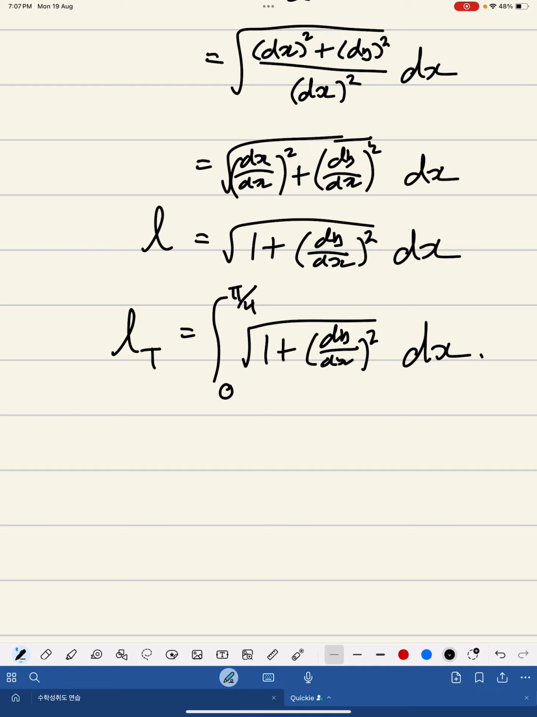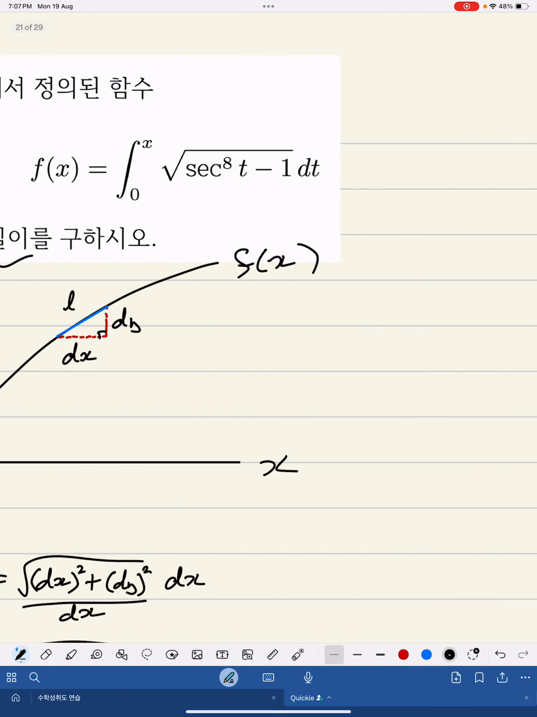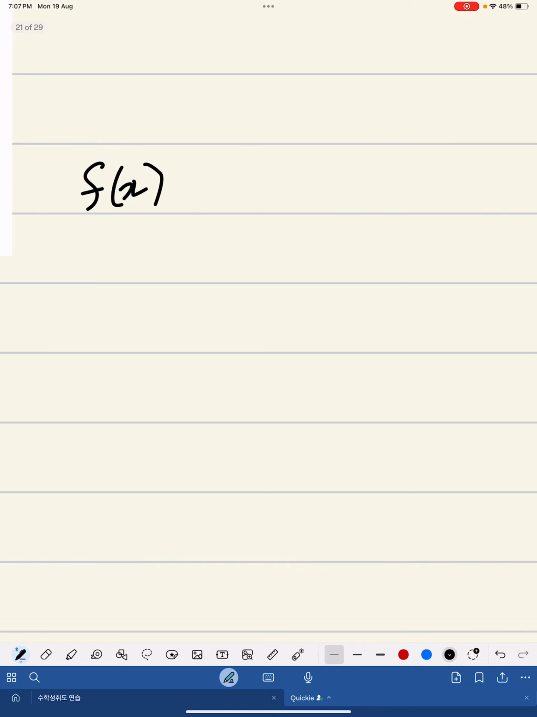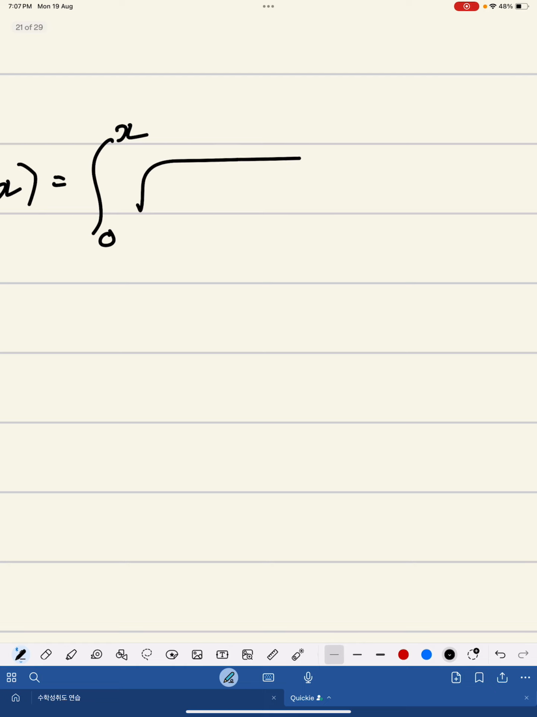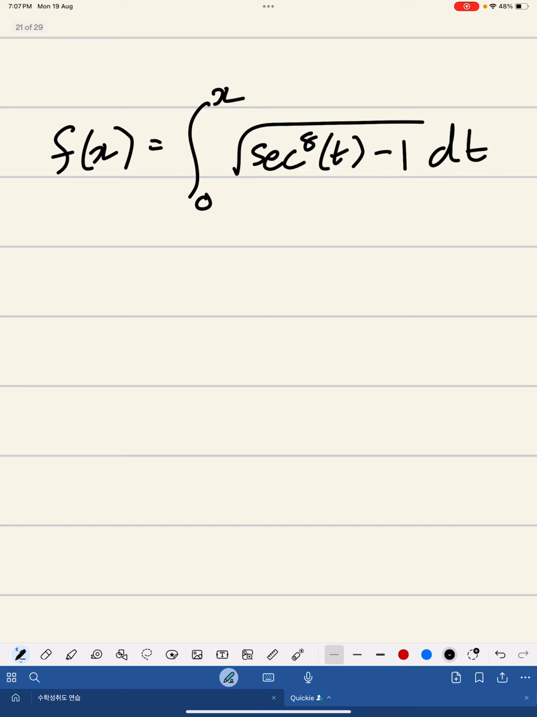So what is dy over dx squared? Well, we have our original function, which is defined as an integral from 0 to x of root of sec to the 8 t minus 1 dt. So let's then